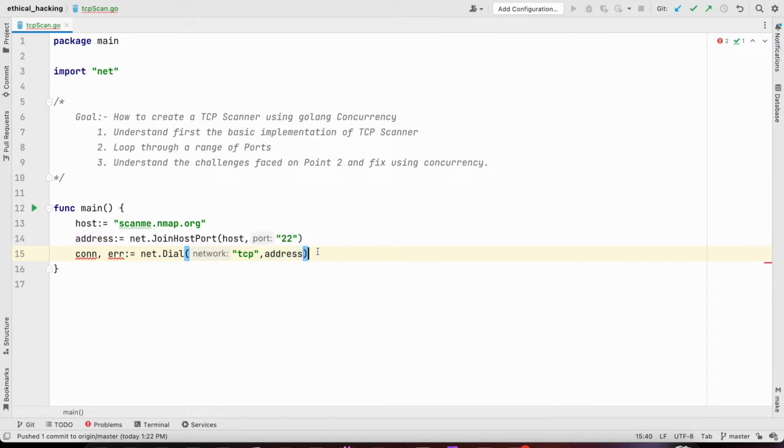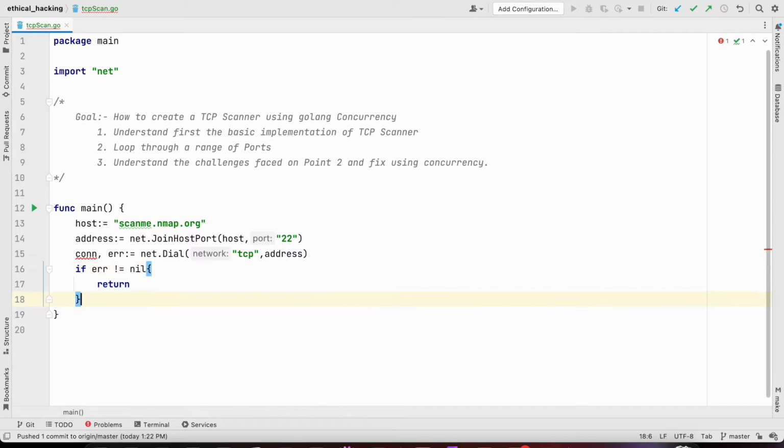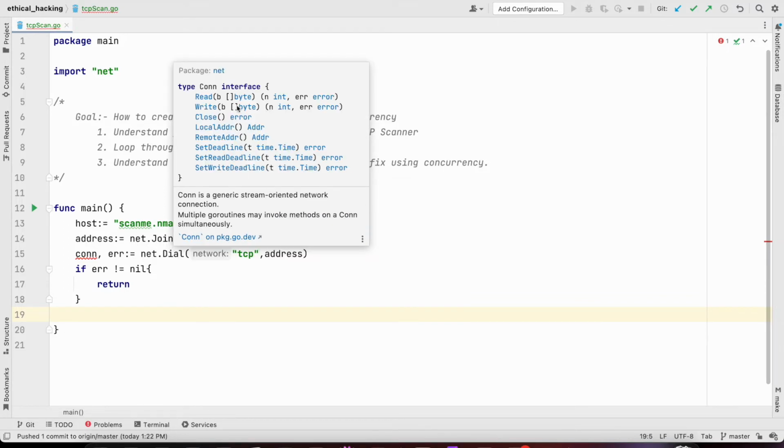Great. Let us handle the error. If err is not equal to nil, let's just return. So what does my connection contain? The Dial method returns a connection and an error, okay? And this connection is of an interface type which has read, write, close, remote address, all those. What we are more concerned about is the remote address, because I want to just check what is the IP